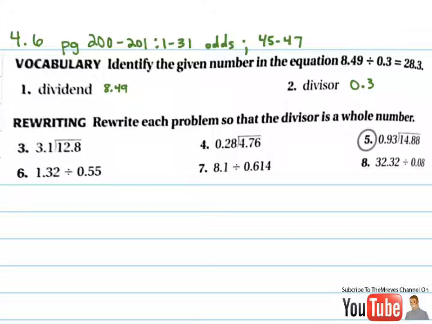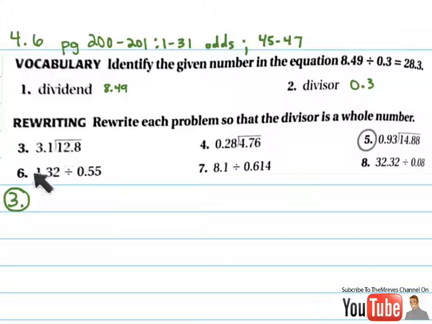So that's just a quick little brief demonstration on dividend and divisor. Now the next section says rewrite each problem so that the divisor is a whole number. So we want the divisor a whole number. Now remember, the divisor is the number that we're dividing by. And so number 3, if I go ahead and start off with that,